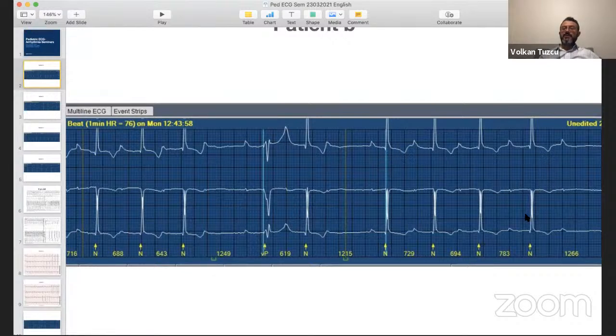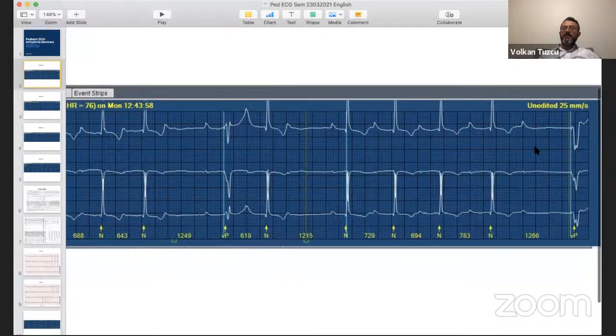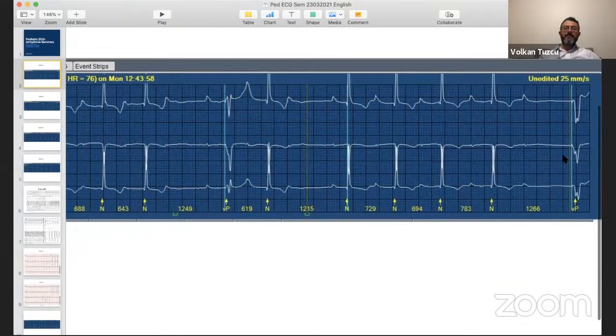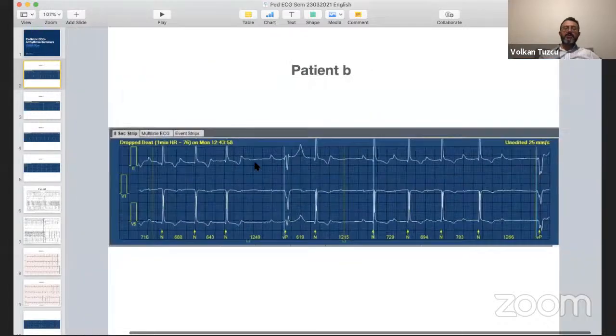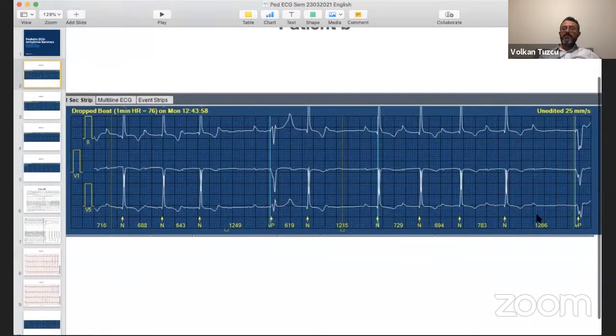And then it continues with first degree AV block. Actually looks like first degree, but then it's prolonging. And then again, one beat drops, and then another pacing spike, which captures, okay? And if you notice the timing of the pacing, it's about 1,250 milliseconds, right? Roughly. If we had a caliper, it would be the exact timing from the QRS. So that would come to a rate of about 45 or so, right? So this patient's pacemaker is probably set at that rate.